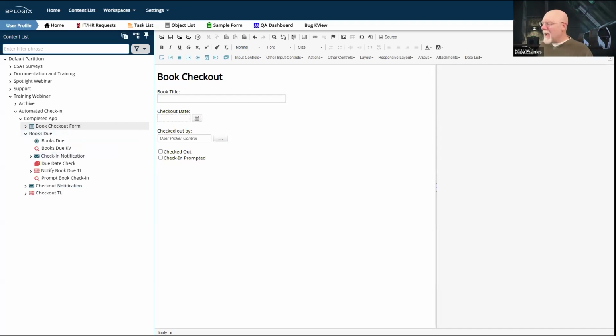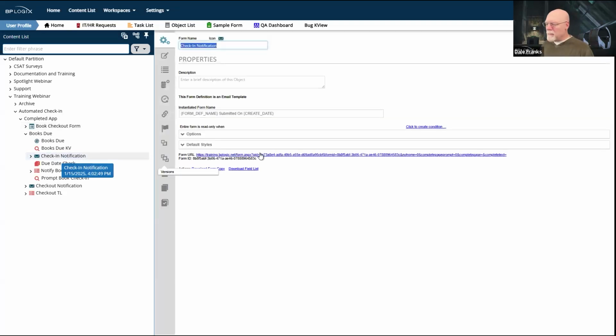Now, as I said, this is going to run a goal. However, we can't make the goal yet because there's some infrastructure that needs to be created before we can continue that goal. So we're going to have to build that infrastructure first. So let's start off with the things that nothing depends on, that are just part of the infrastructure, that'll just be part of the process. Let's just start with the check-in notification.